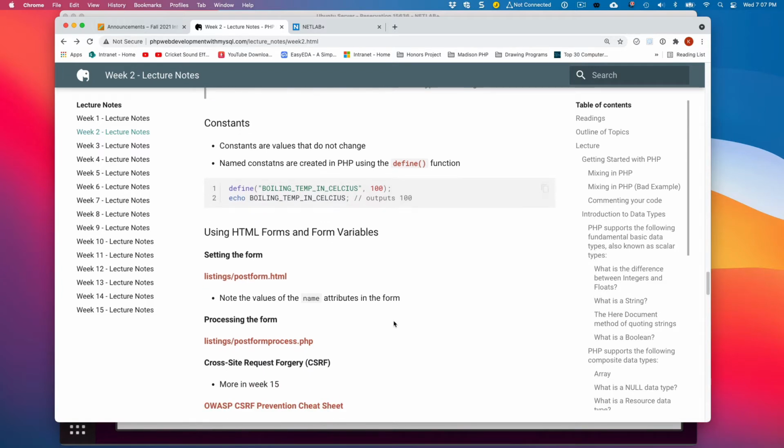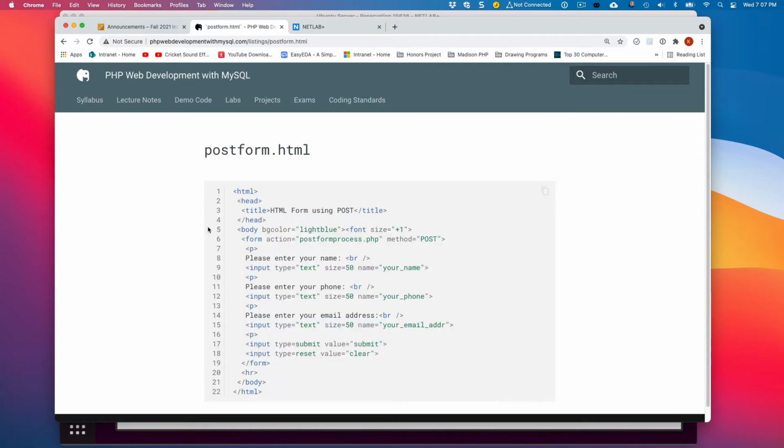Let's get into talking a little bit about forms and how we get data into our PHP script. Let's take a look at this particular form right here. This is a simple form. We're going to enter our name, our phone number, our email address.